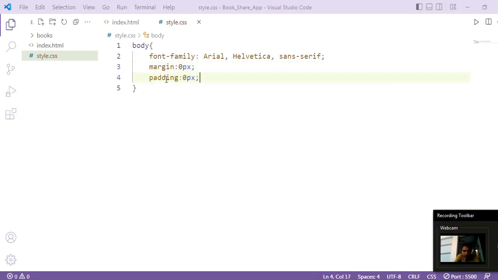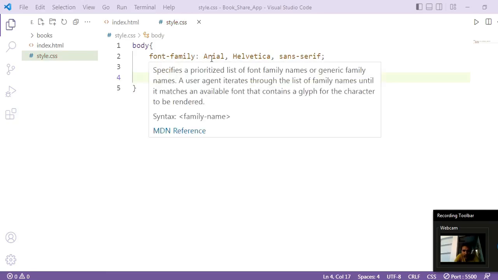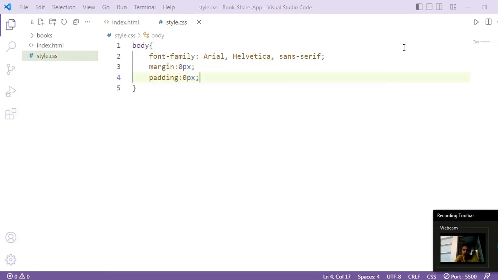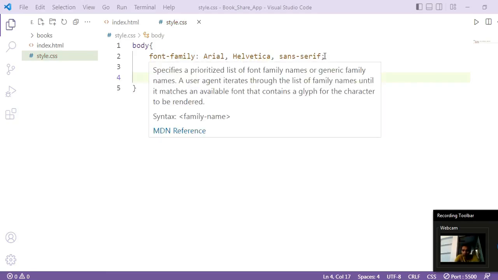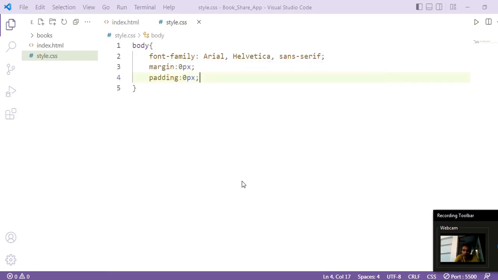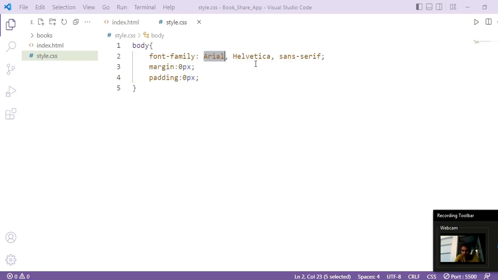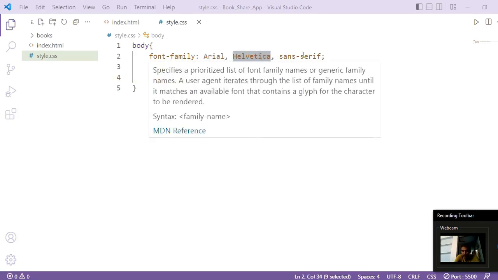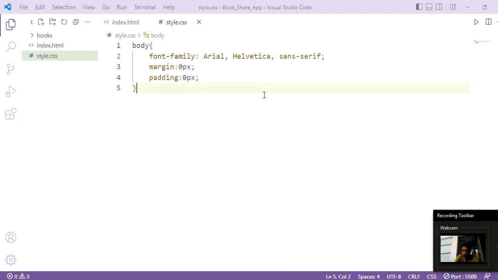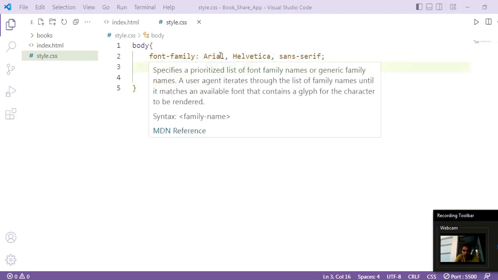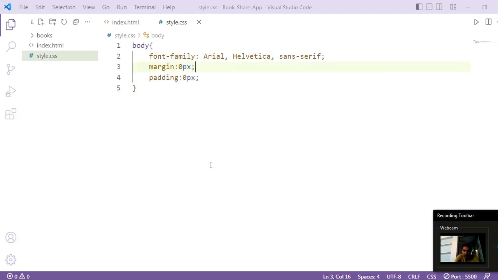So now let us see what all these styles are. So font family, हम जो भी font use करते हैं अपने web page पे. Different style के font होते हैं. So these Arial, sans serif, all these names represent those fonts. और हमने यहाँ पे 3 फॉन्ट क्यों लिए हैं? Suppose the browser did not find the Arial font, then it will use Helvetica, and if it doesn't get this font also, then it will use sans serif. And by the way, the Arial font is common and we get it easily.